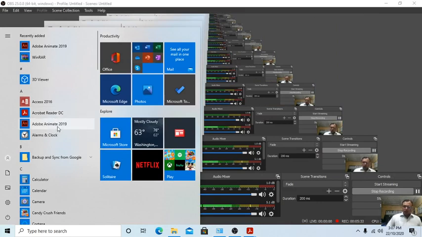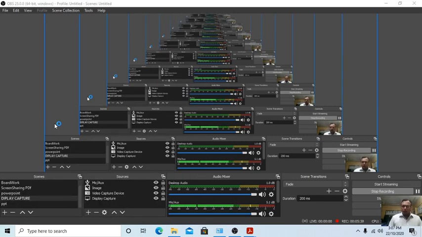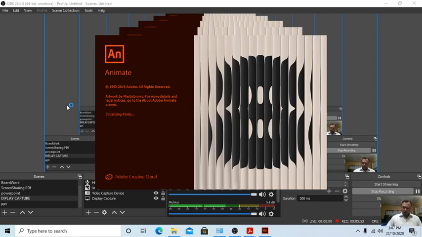We have this software, Adobe Animate 2019. This is the latest. It is a little bit different, but it is taking time because this is very big. This is a GB software. Okay, so wait for it. Yes, this is opening. And this is very good software, students. Now getting started, students, very soon.